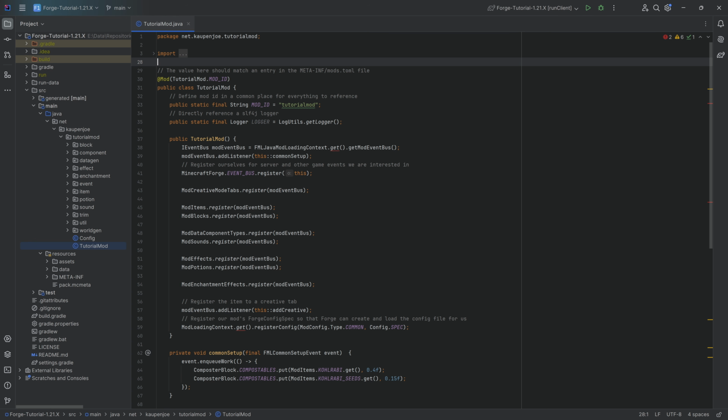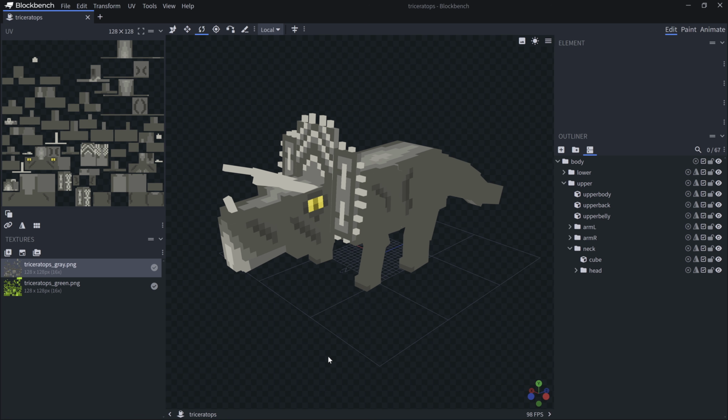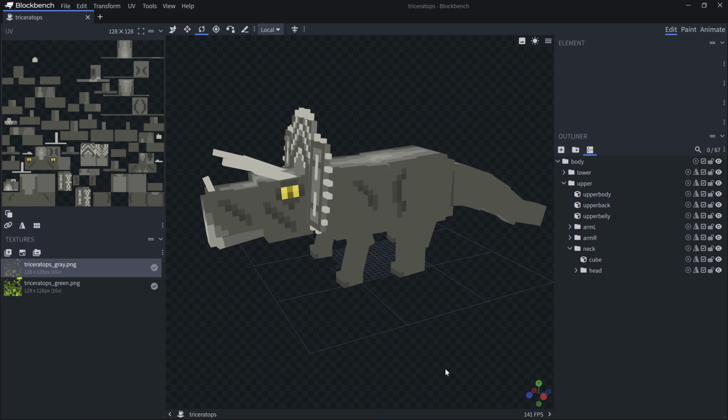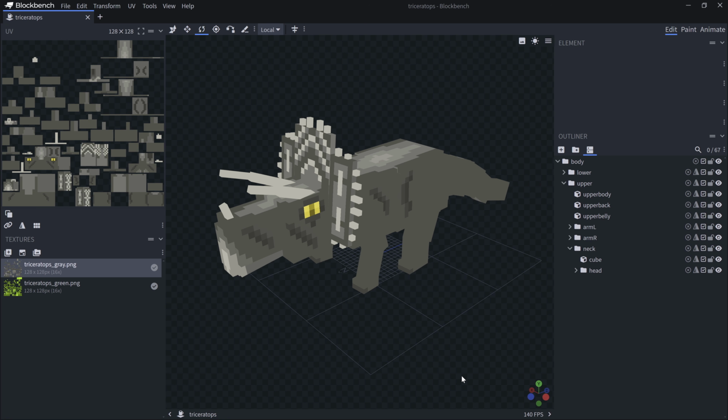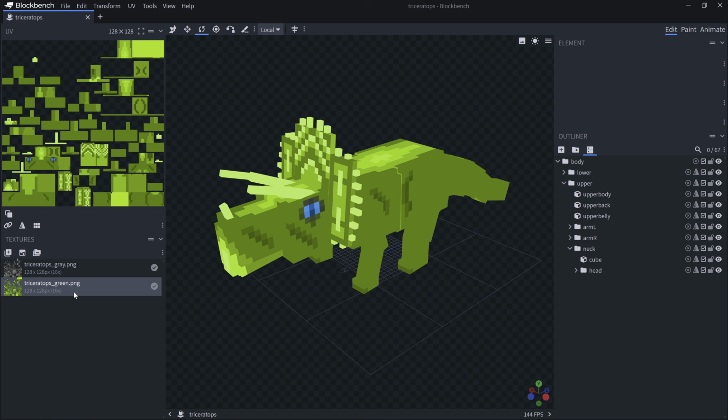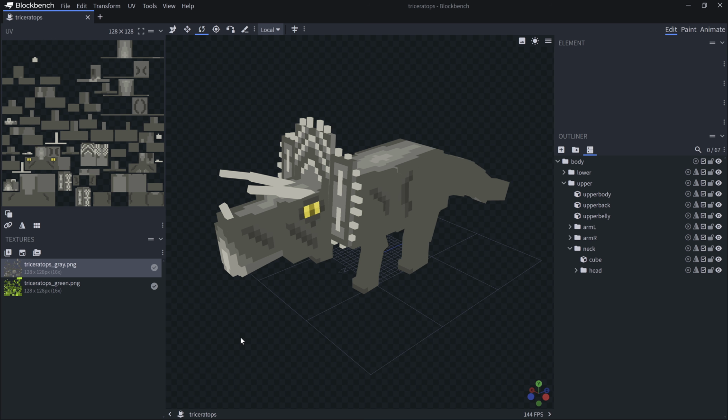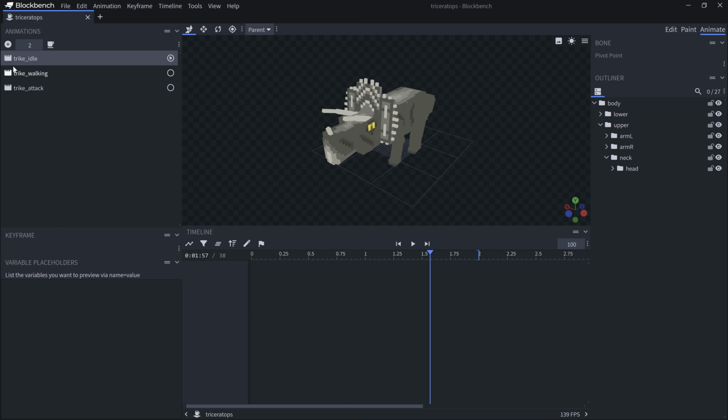So what is the mob we're going to add? Now we're going to add the Triceratops right here. Really cool. And this is basically going to be also available to you. So the Blockbench file is going to be available to you. Both of the different textures here will be available to you, including the animation over here, because we have